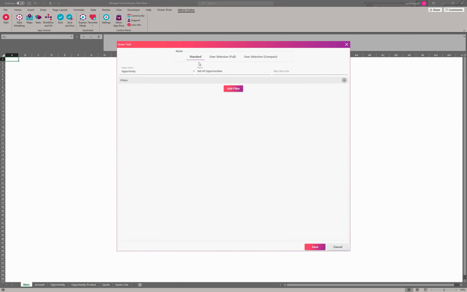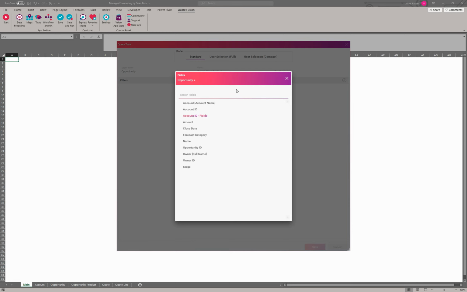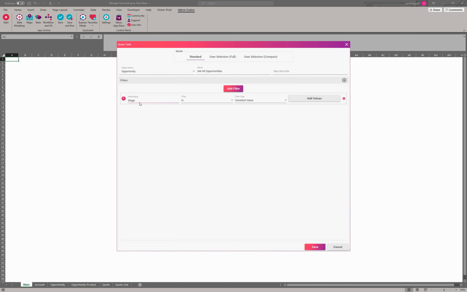And the final piece in here is if you're in the standard mode, if you leave it like this, it's going to get every single opportunity that the user has access to. If you go in and add filters, this is where you can start playing around with the different filters. This list is also driven off of data modeling. So these are the fields that we selected for the opportunity, and I'll show you actually adding an account field in a second. So you can come in here, add a stage,